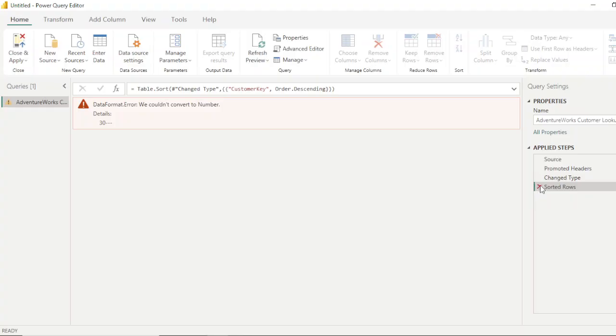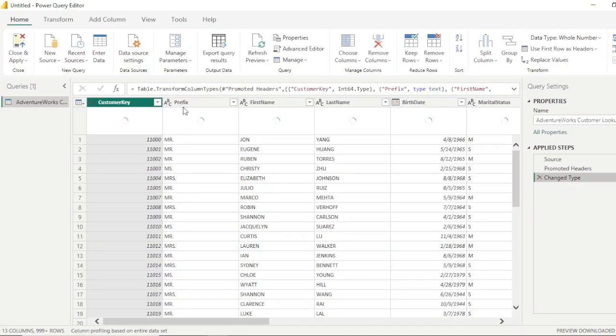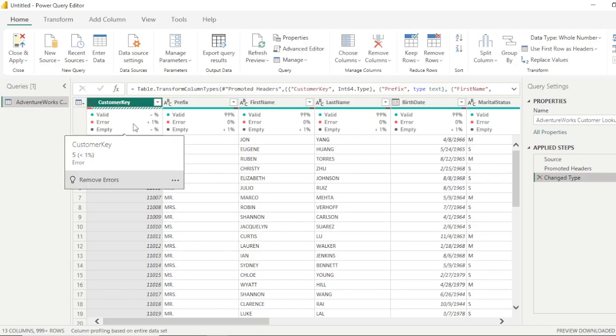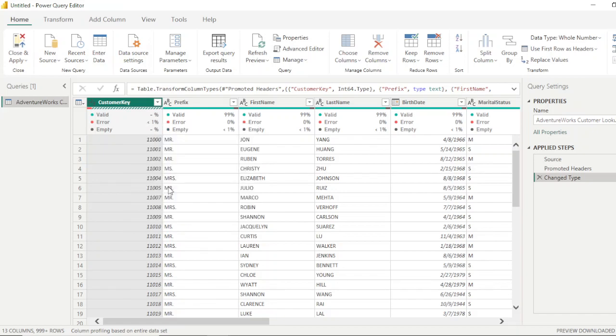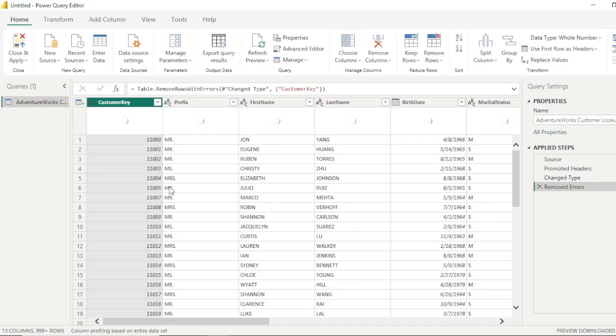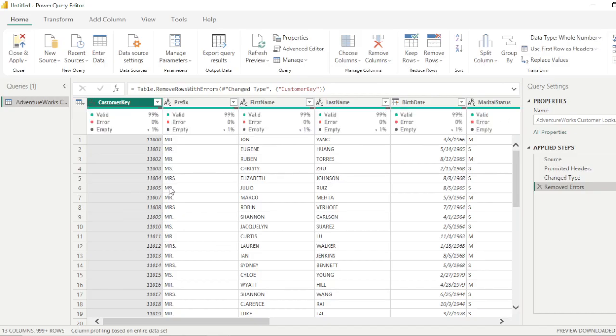So you select the stored row, and it will give you the previous scenario. It will take you to the previous scenario as per your need. So remove the error. Okay, let's remove the error. In millions of data, if you find any kind of error like 1%, if you remove that, it will not hamper your calculation. But always remember to ask